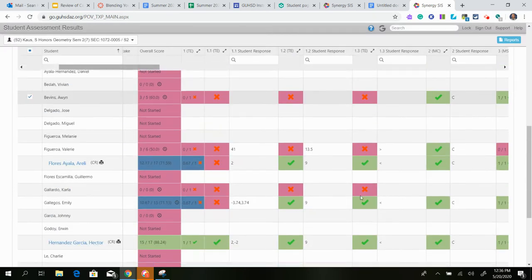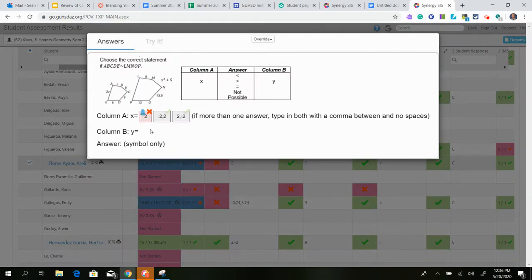Oh, they didn't finish. Let me go to somebody that did finish. Okay, so this person finished and they got it wrong. And I can see right here, it tells me they only put 2 when I know it should be negative 2. So I can click on it and you can see the answer is negative 2 comma 2 or